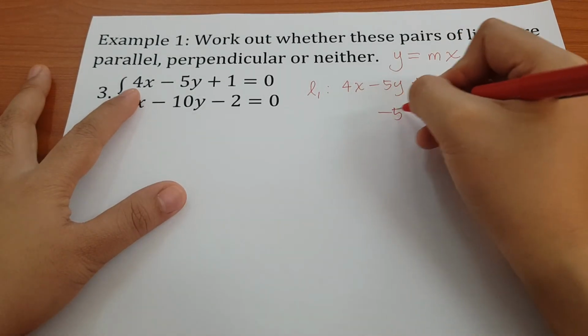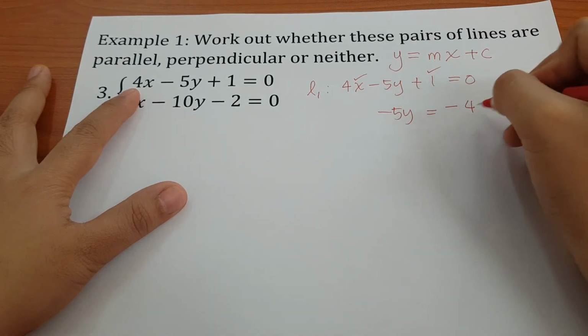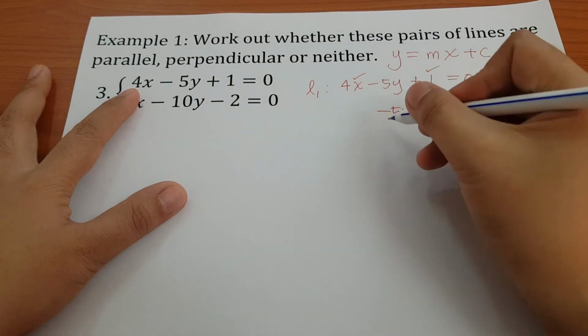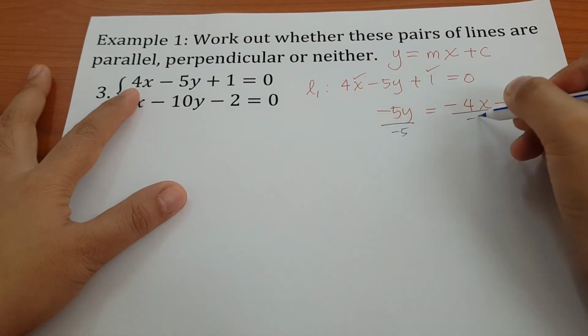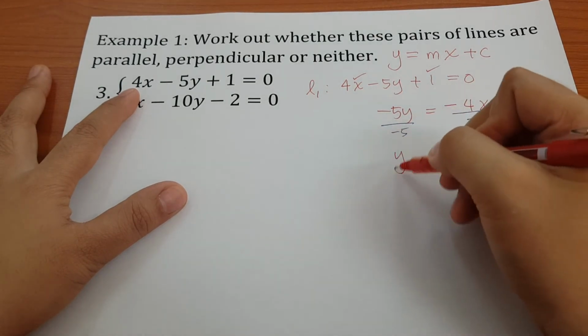So move all of this to the other side. 4x plus 1, I want y, so I'll divide both sides by minus 5. So y is